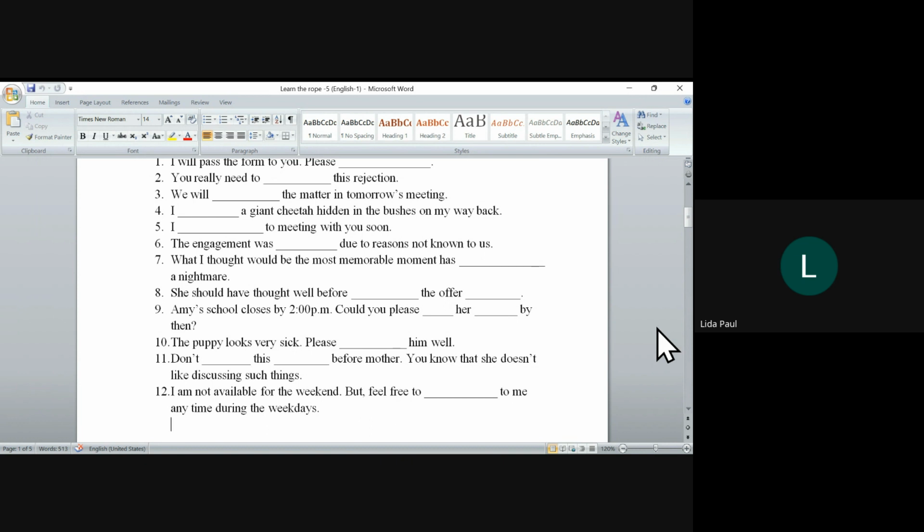Eight is the one which we just discussed, no? What do you want to know? Turning the offer down. This is a separable phrasal verb. Turn down is the phrasal verb that we have used here, and the meaning is to reject or decline, right? And why do we use ing? Because it needs to reflect the aspectual form when you use it in a sentence. Because it's a verb, it can take it, right?